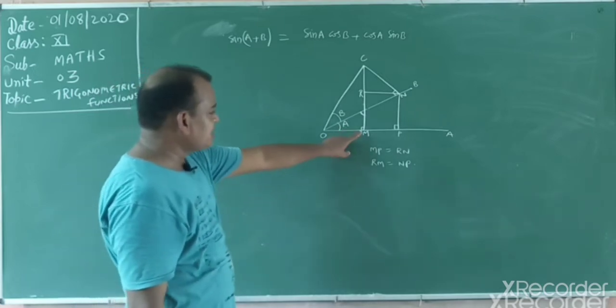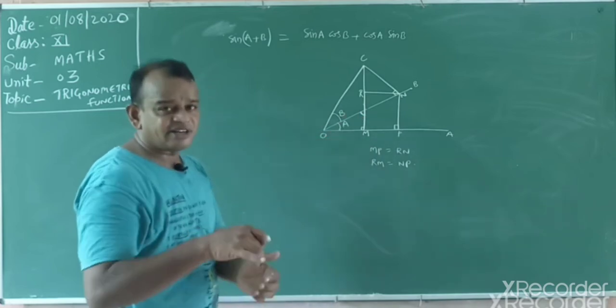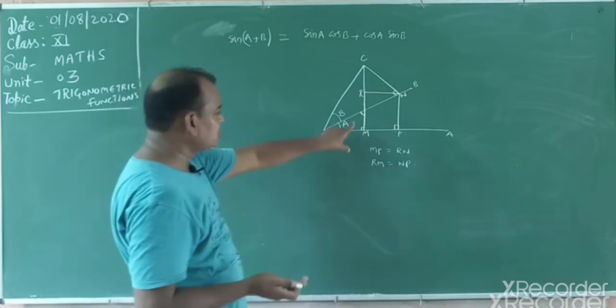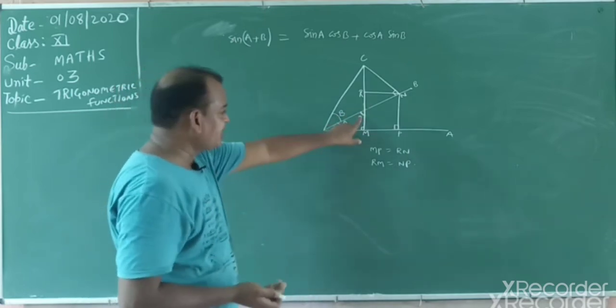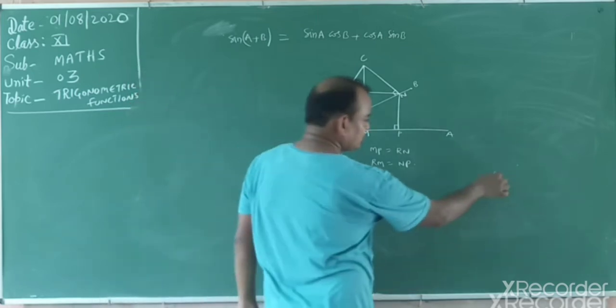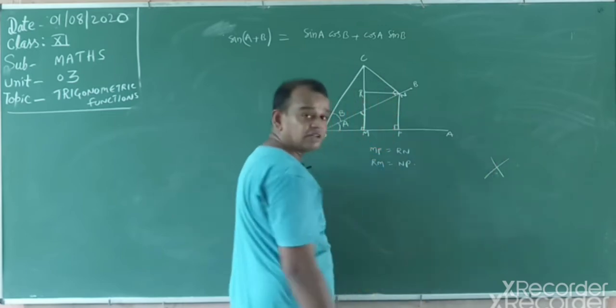This angle is A, this angle is 90. 90 plus A. How much is this one? The sum of the angles in a triangle is 180 degrees, or not? Yes, 100% this is 90 minus A. This is 90 minus A, which means this is also 90 minus A. Why? Because whenever two lines intersect, the opposite angles must be equal.